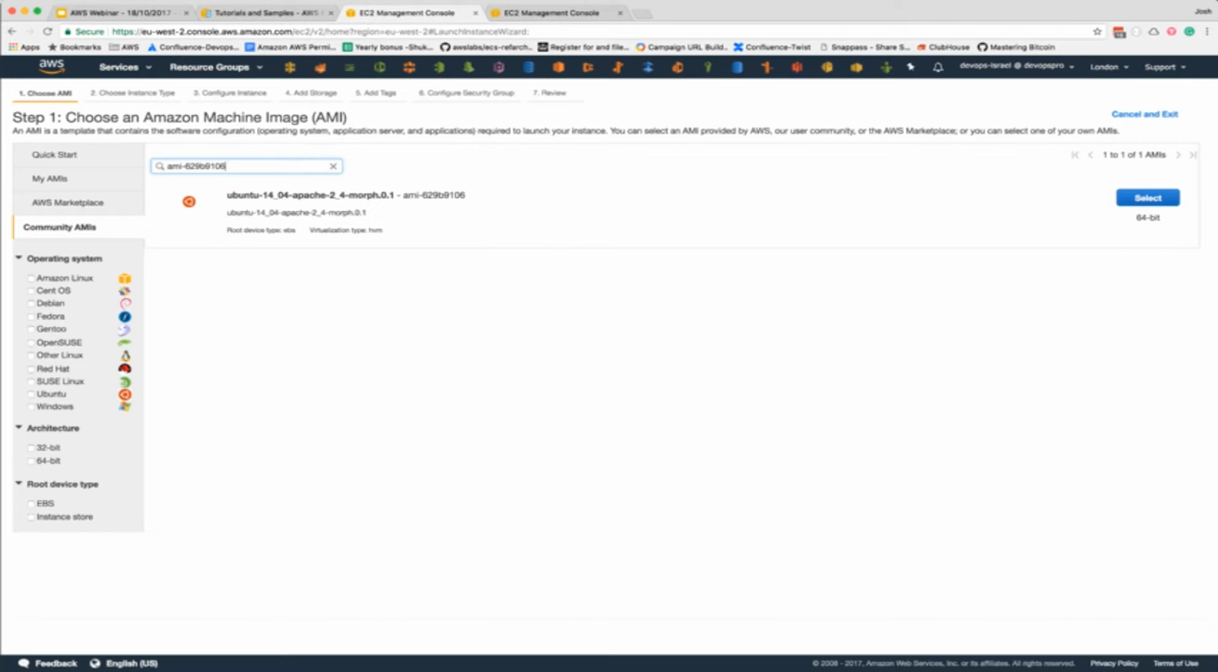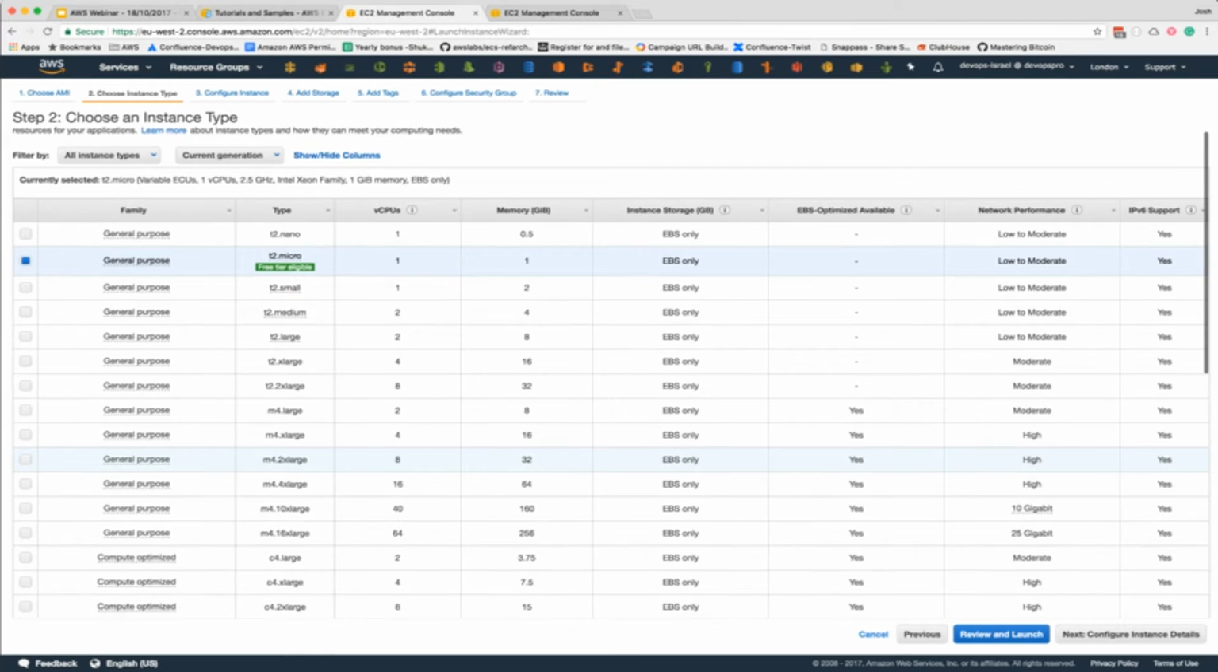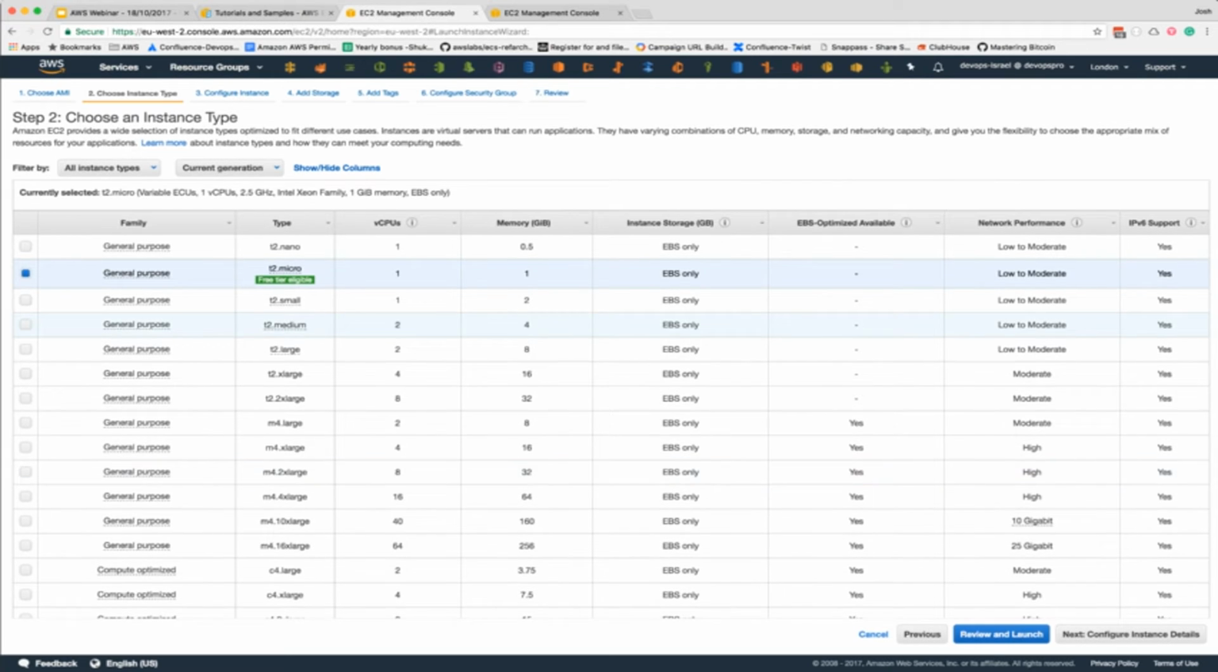So right now I just input the AMI ID, and this is a basic AMI with Ubuntu 14.04 and with Apache 2.4, and I just want to show you that after I deploy it. Let's select it. Right now I'm choosing the instance type, so depending on the pricing, depending on the requirements you have for your application, of course you choose the right one for you,